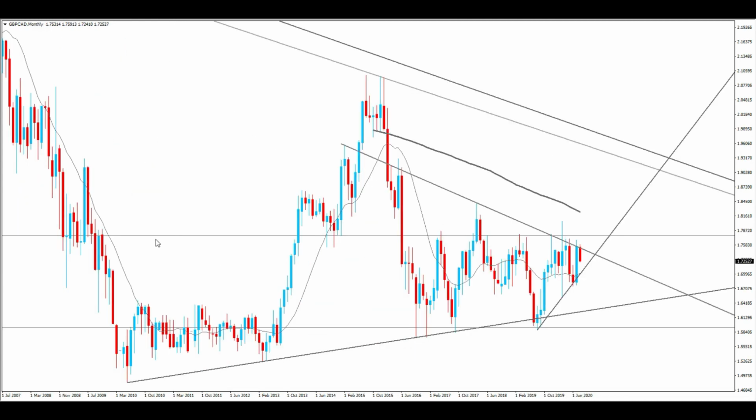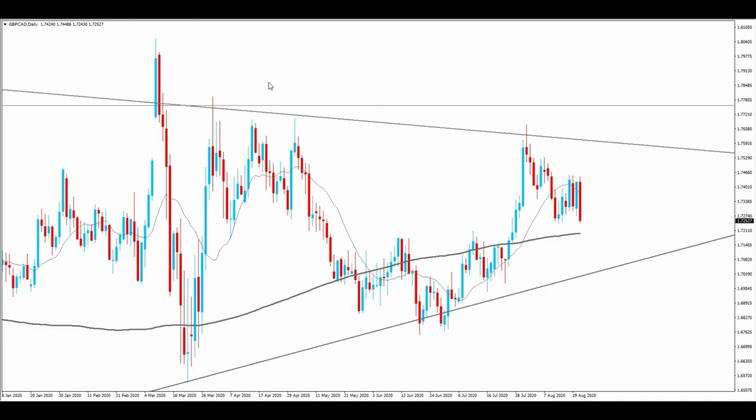If I go to the monthly, you can see that we've had 1, 2, 3, 4, 5, 6 multiple tests of that trend line. So it could be going for another one before price eventually breaks out of these trend lines, either to the upside or to the downside. But of course we do not know yet. So from a daily point of view, we're expecting this to continue to the downside, but we are coming to this area in the market